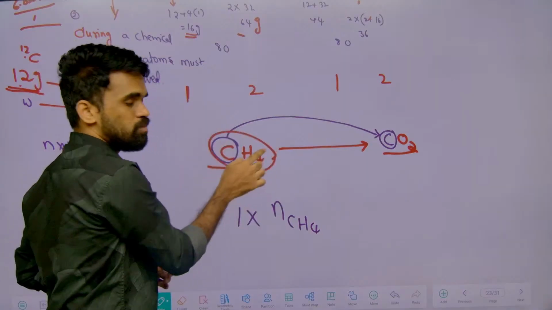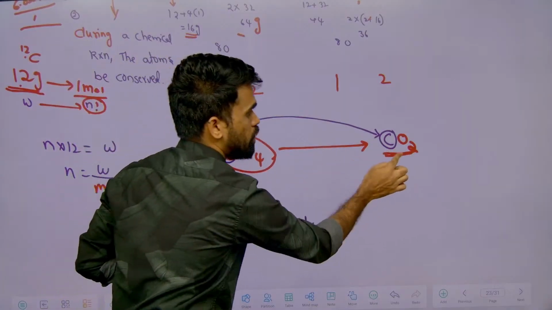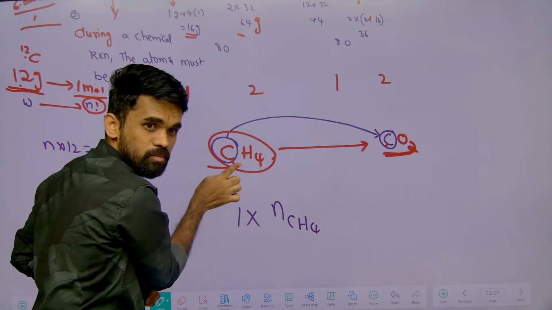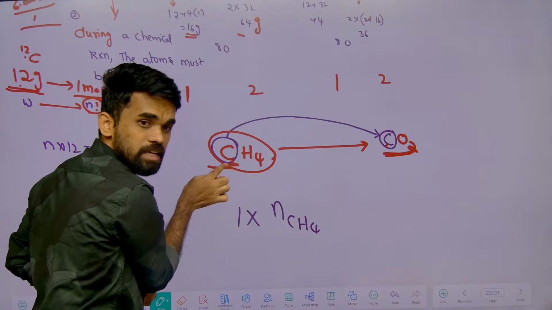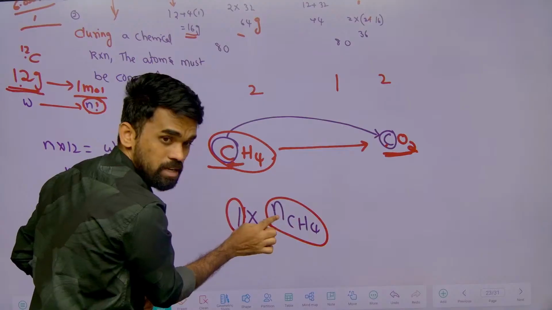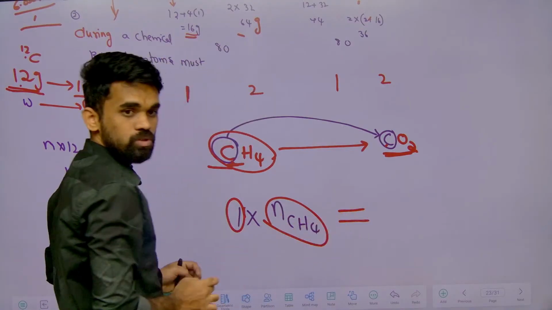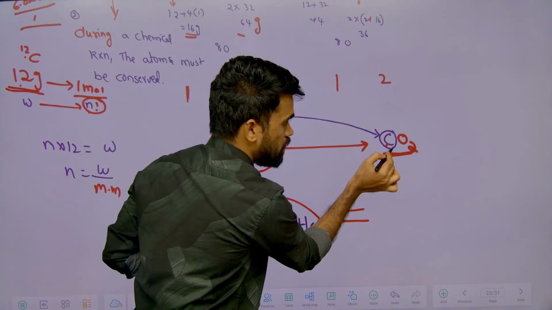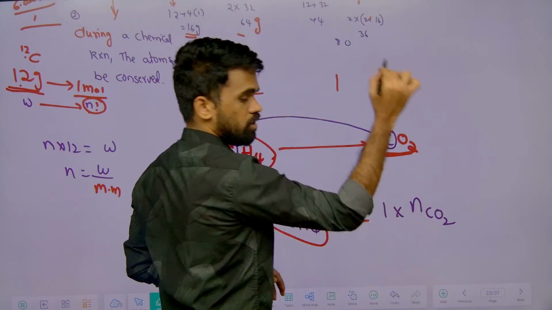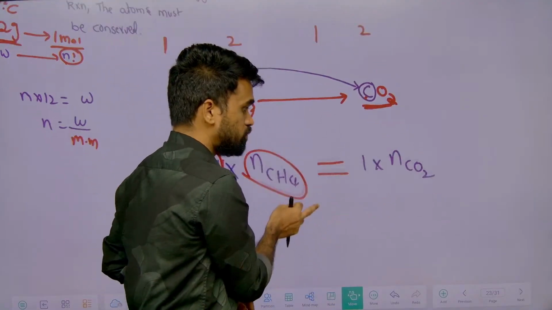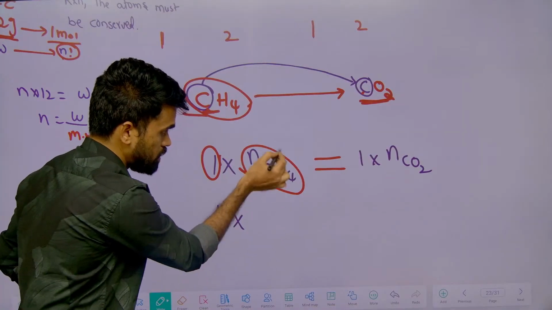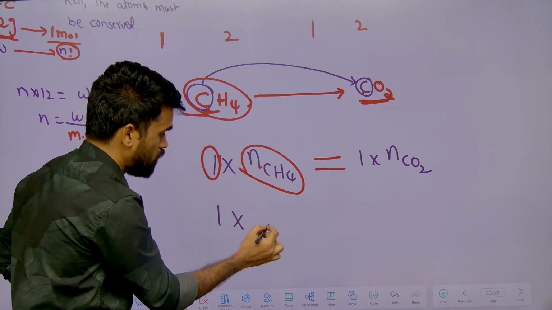Why am I writing number of moles of methane? We have this methane molecule only, because to provide this carbon dioxide I need carbon. That carbon is completely coming from methane only. How many carbons are there here? You write 1 into number of moles of that substance equals, here how many carbons? 1 into number of moles of carbon dioxide. So what is my question? When 1 mole of methane is combusted,